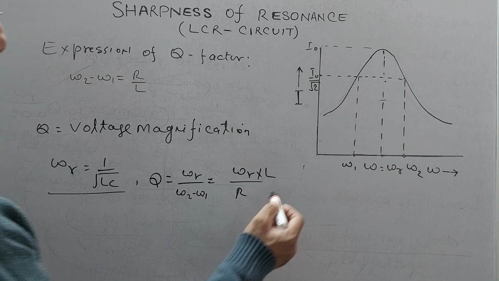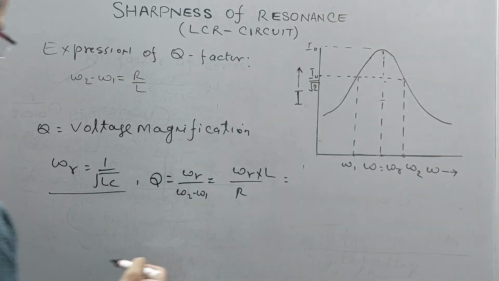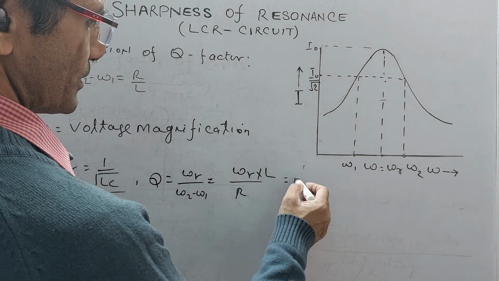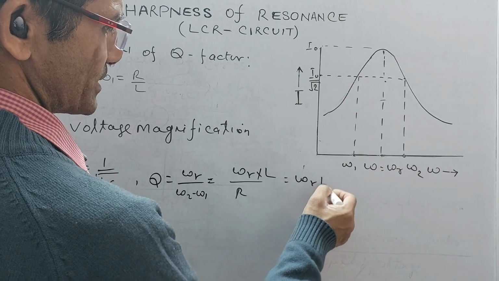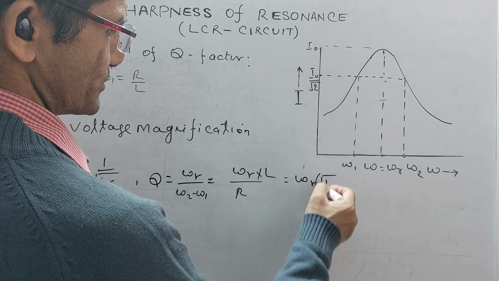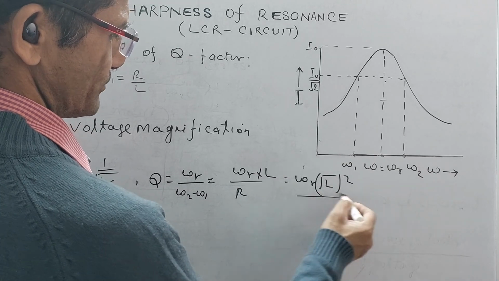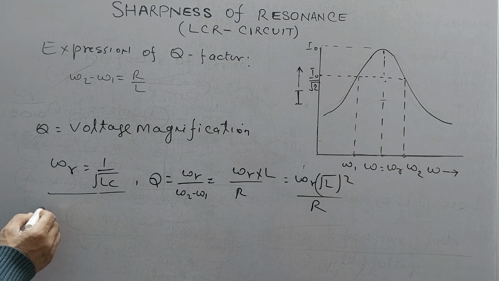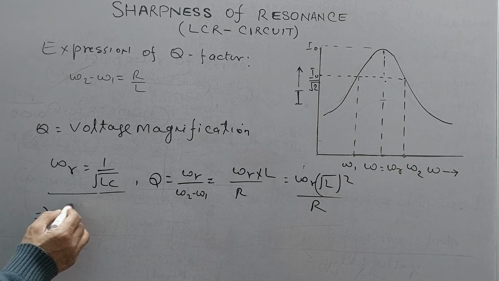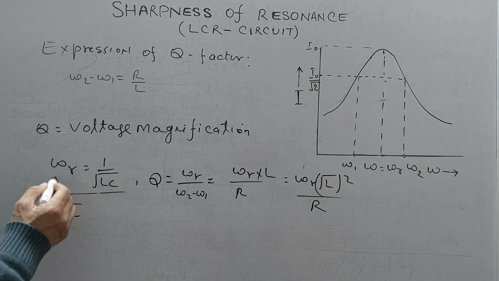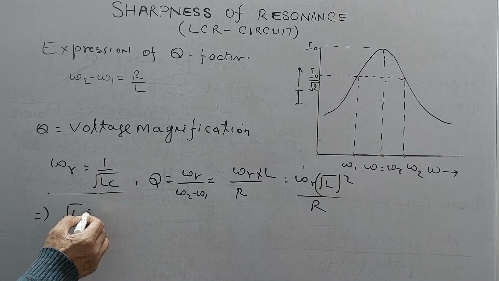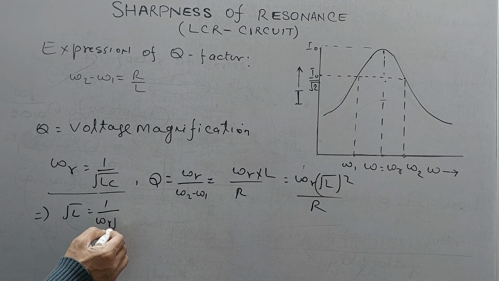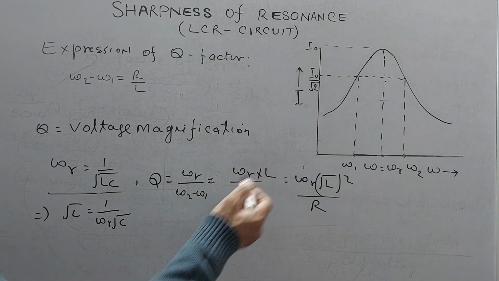If I place the value of L from here, it comes out omega R times root L whole square, which will be L divided by R. Its value comes from here, 1 upon root L. This root L goes to this side and omega R goes to this side. It becomes 1 upon omega R into root C. If I place these values here,